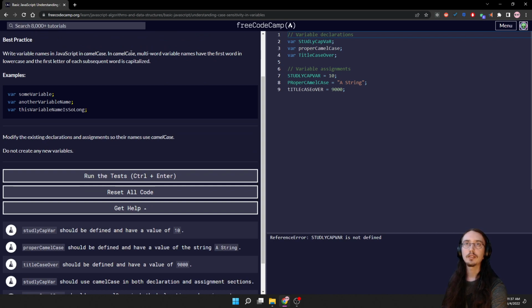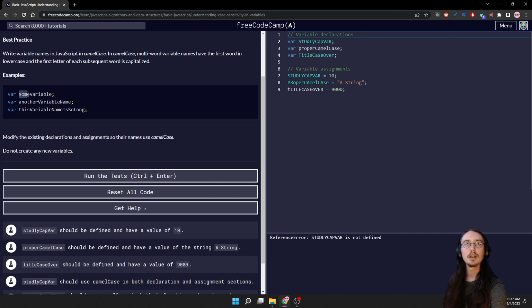In camel case, multi-word variable names have the first word in lowercase and the first letter of each subsequent word is capitalized. Okay, so then they have some examples here where you've got your variable declaration and then you have